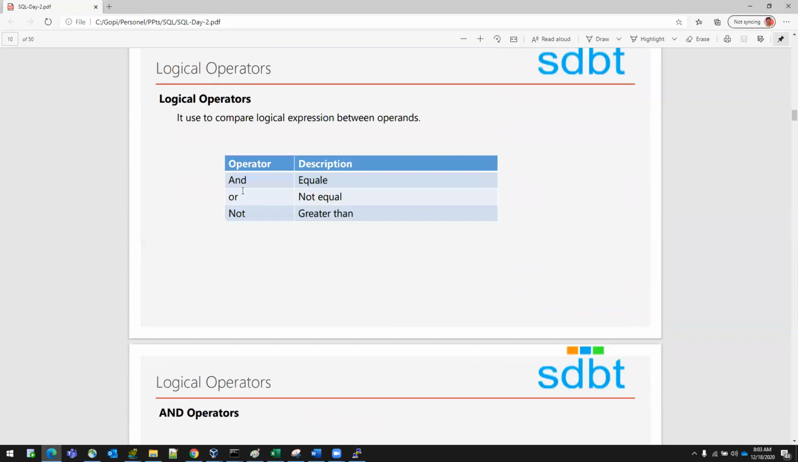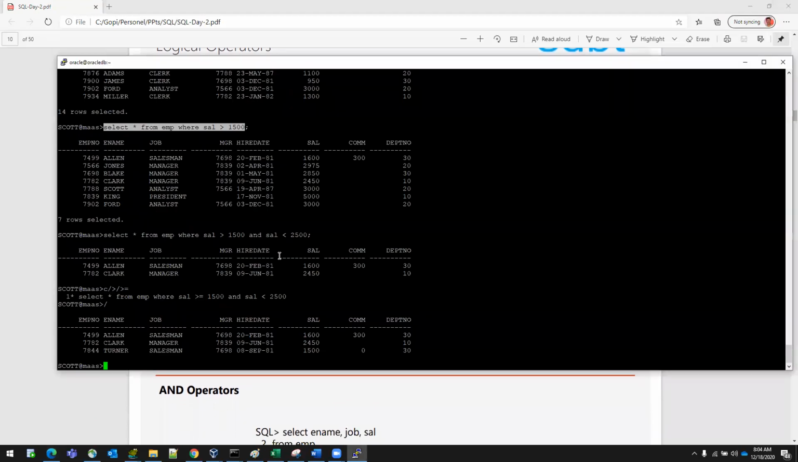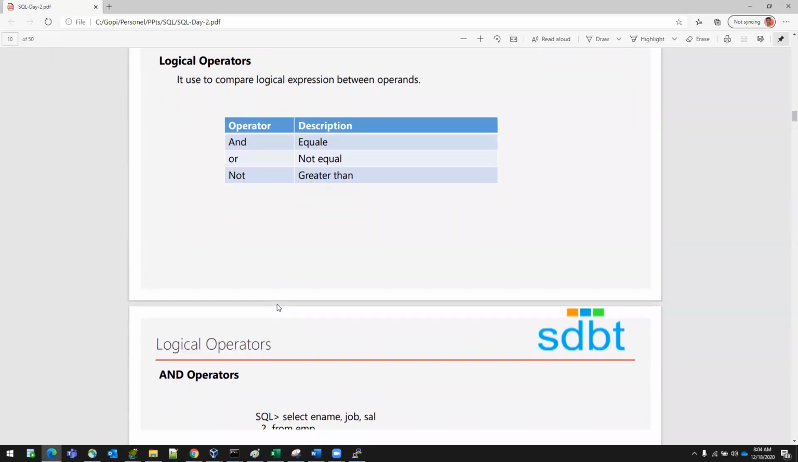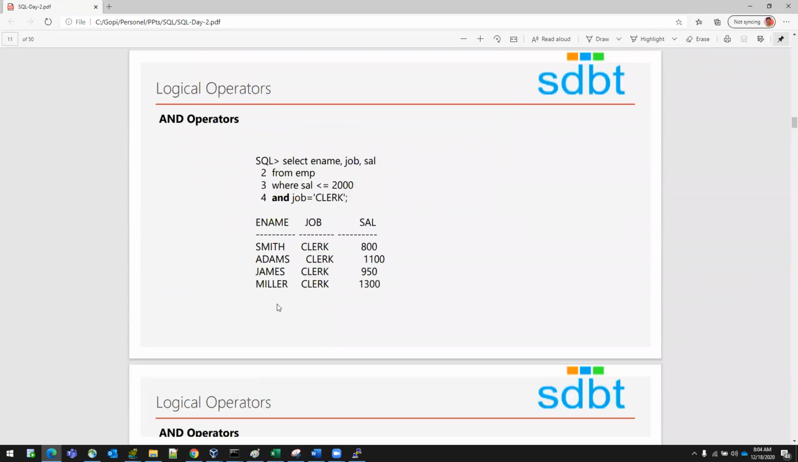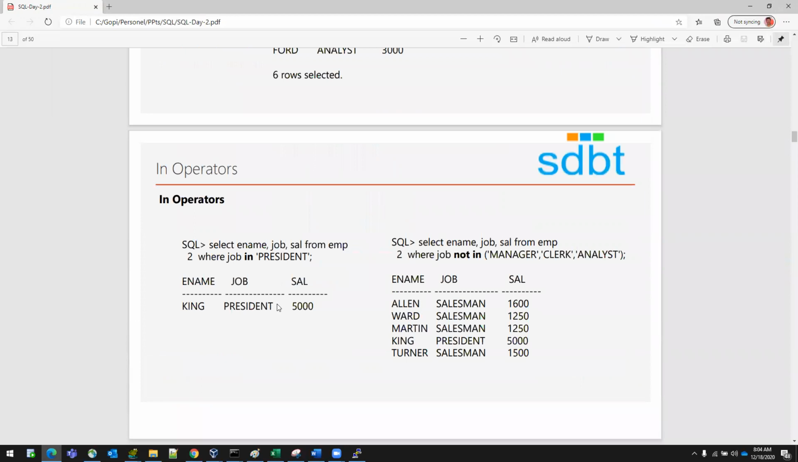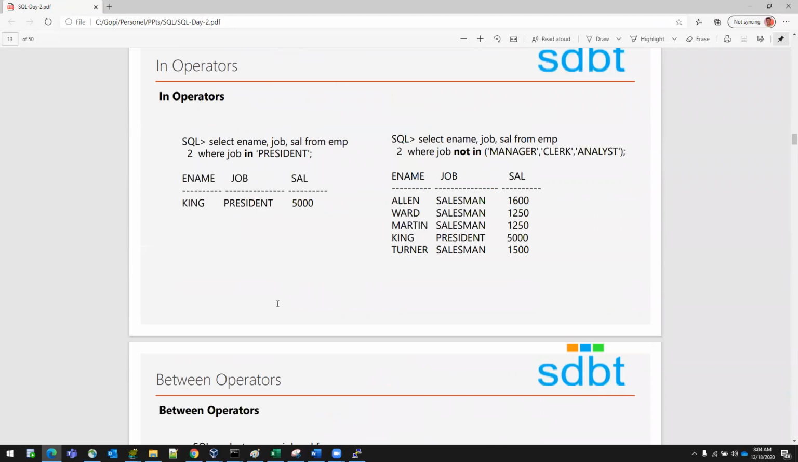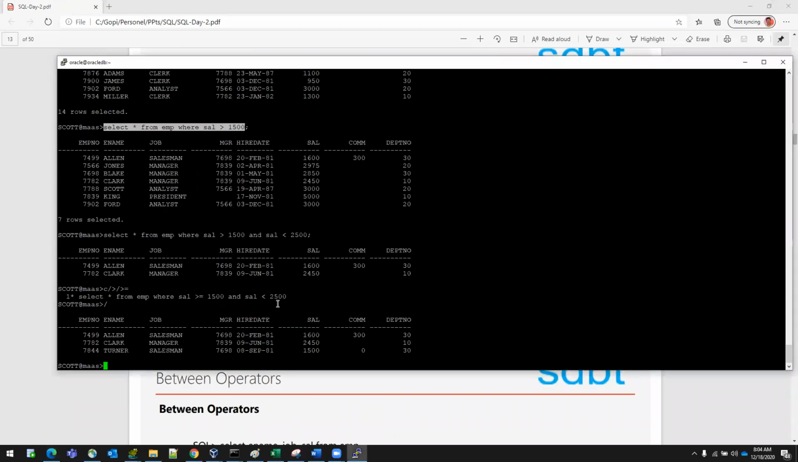Okay. Now try this. Logical operators, and we give AND, OR, NOT. Okay. This can give. I'll explain this. So AND we have seen, OR also you can try and check. And, OR, NOT. NOT IN. Select star from EMP where